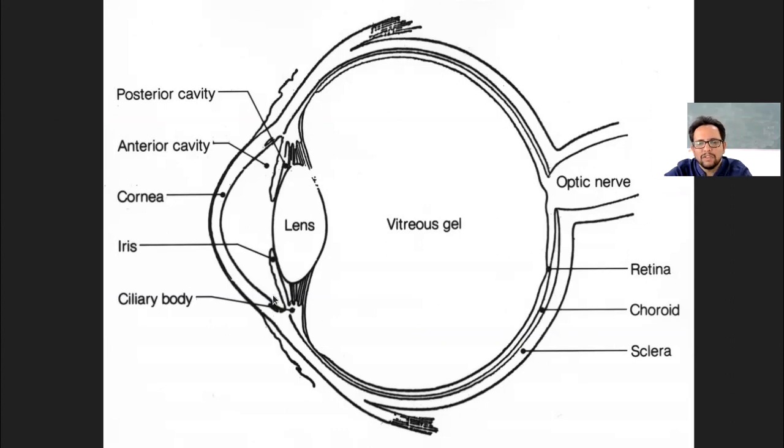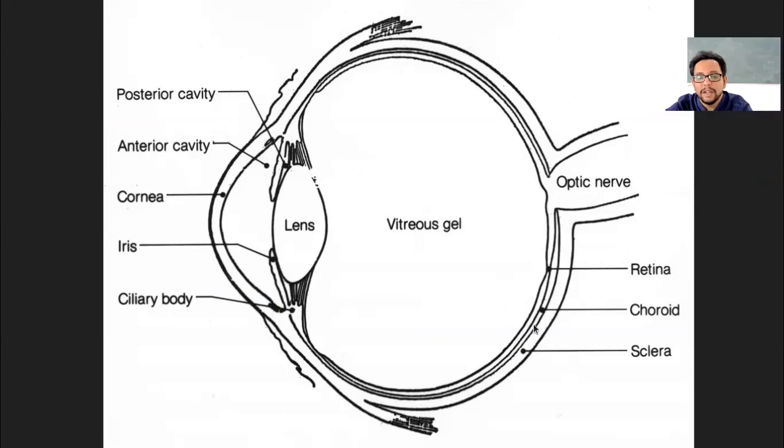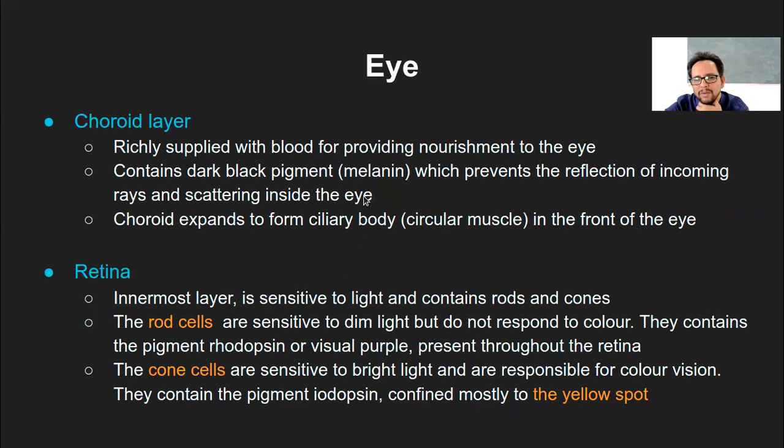Choroid is another level which ends up becoming the ciliary muscles on the front side, which is holding the lens. Otherwise, choroid is very vascular in nature. That means it has a lot of blood vessels. And a most important point that we had discussed was the presence of melanin pigment in the choroid that will absorb all the unwanted light, or rather the light which is not getting converted into the signal of the optic nerve. That was the melanin pigment, which forms a dark layer, and we also discussed the dark body thing, how it absorbs all the light and so on. So that is the choroid.